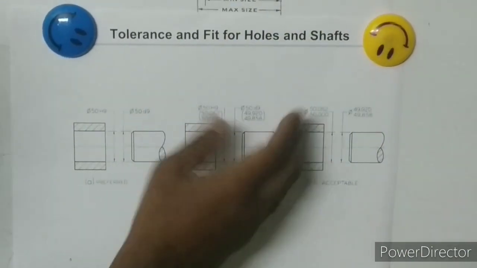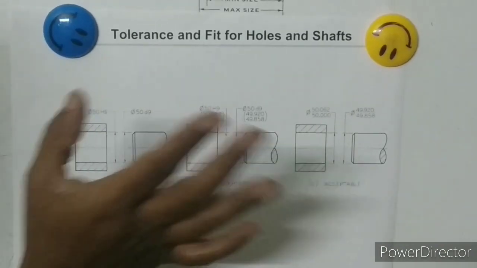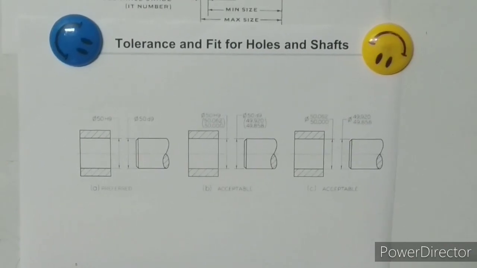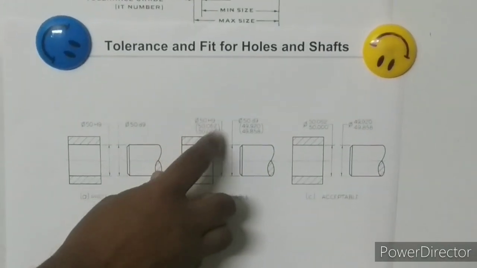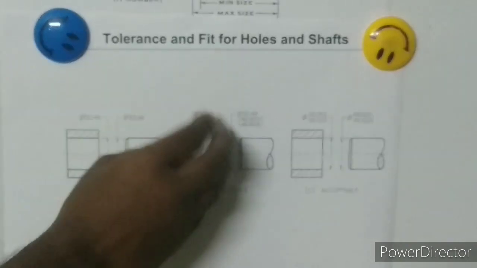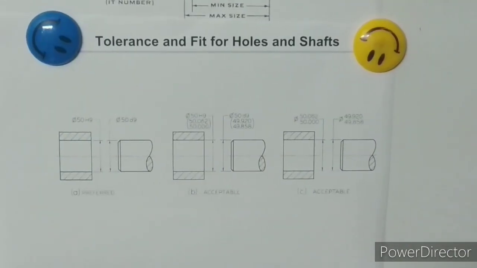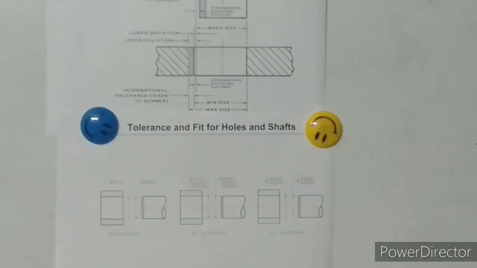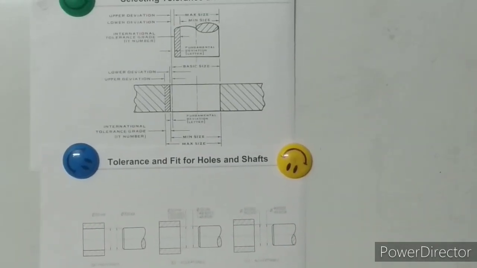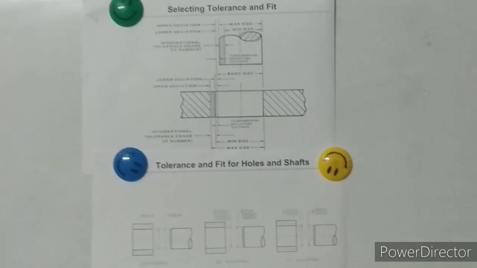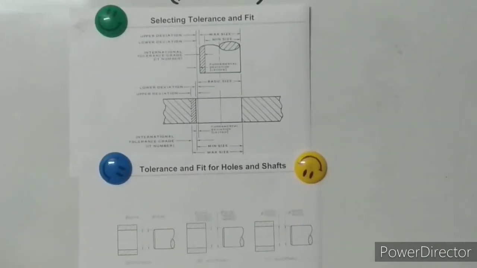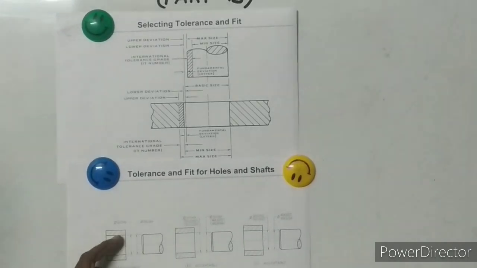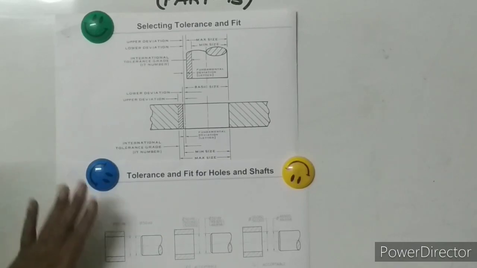I'm going to explain it in detail. Now let us know what the basic size is. The basic size is the size of a part within which all the limits of variation are defined. Now, the actual size we know is the actual measured dimension of a part. Then what is the nominal size? The nominal size is the size of a part specified in the drawing. So the nominal size and the basic size are both the same.